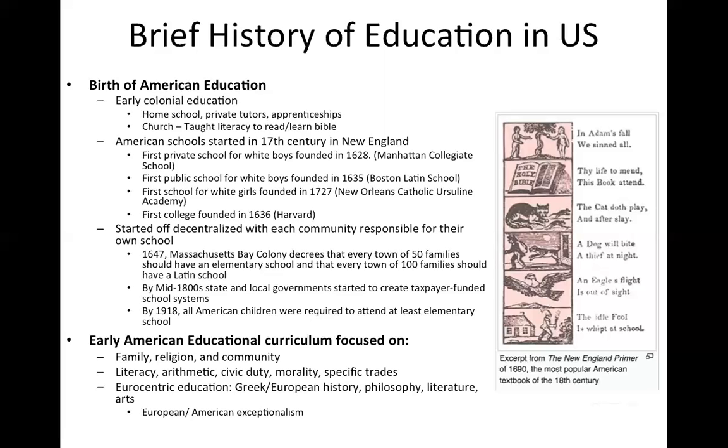But if they did dive into history, or into morality and things like that, it was all based on Greek and European history. So any philosophy, literature, things like that, either came from historic Greek times, or it came from modern European history. So we start seeing a lot of European American exceptionalism, how colonialism was bringing civilization to the world, manifest destiny, all these ideas that Europeans were on the right side of God and things like that. So that's mainly what they were being taught throughout this time period.